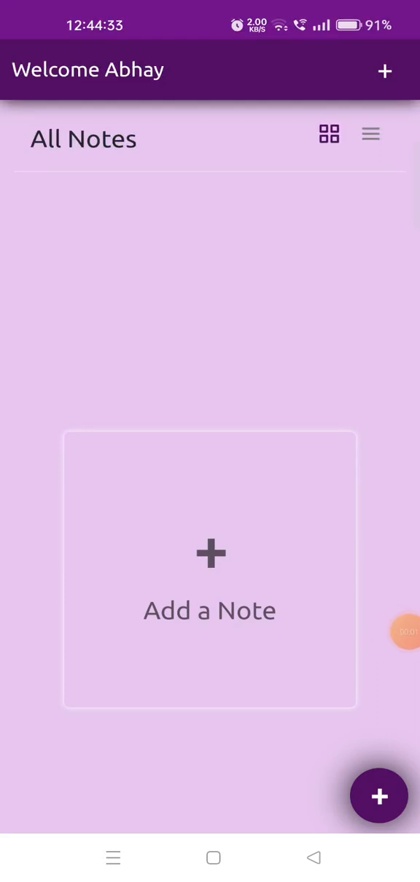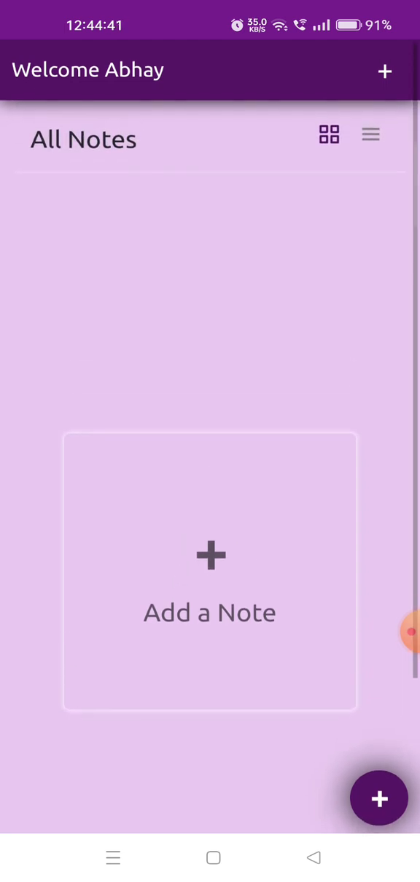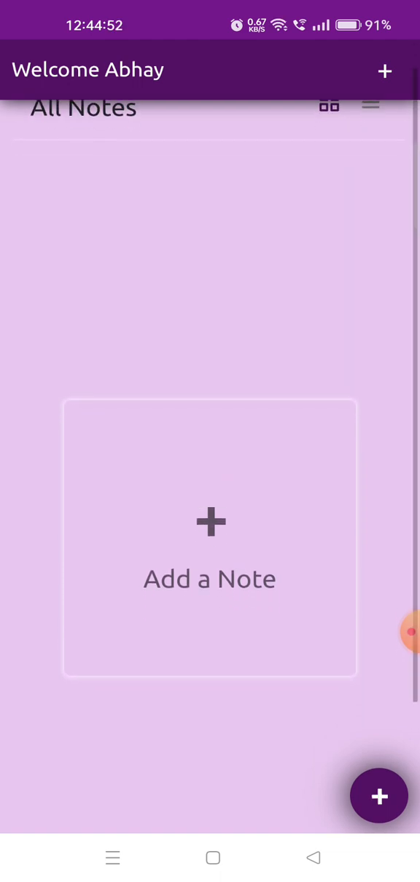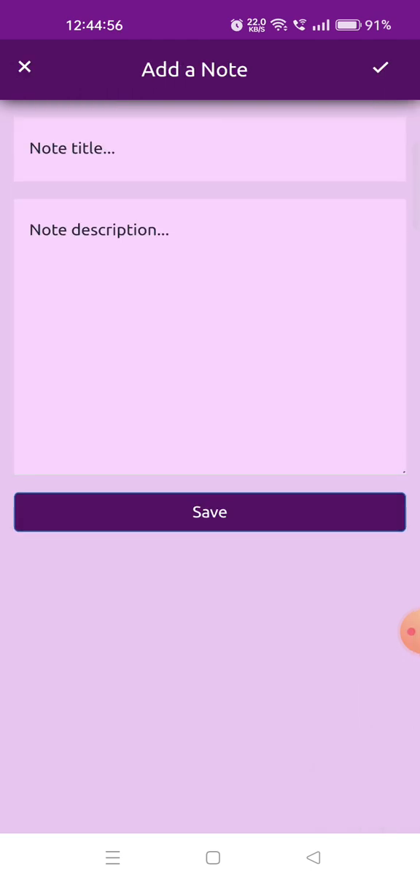Simple note taking app, and there are no notes right now, and we can create a new note by adding this add a note button or this plus icon on the top right on this top navbar, or we have this nice looking floating action button with this plus, and we can create a note by clicking on this button as well. So it opens this add a note screen where we can add a new note,